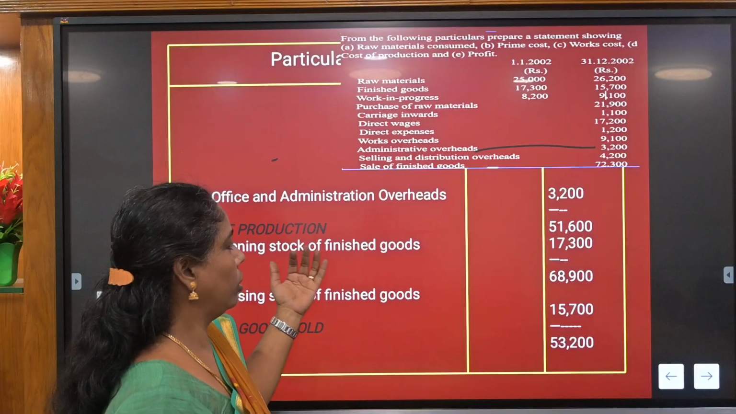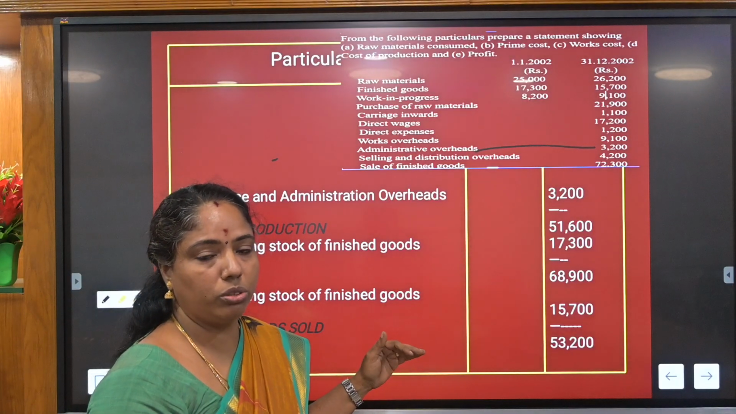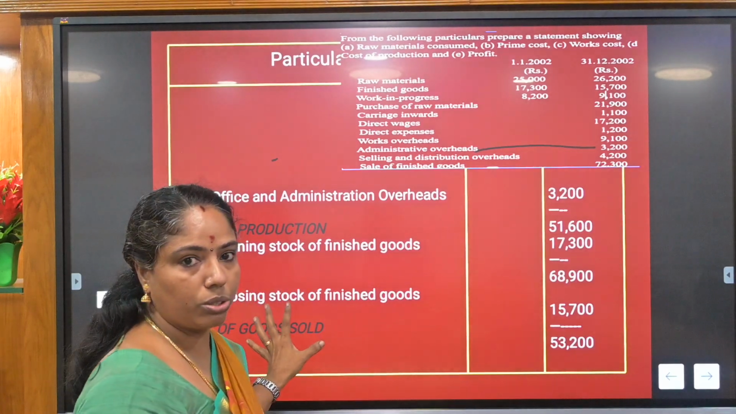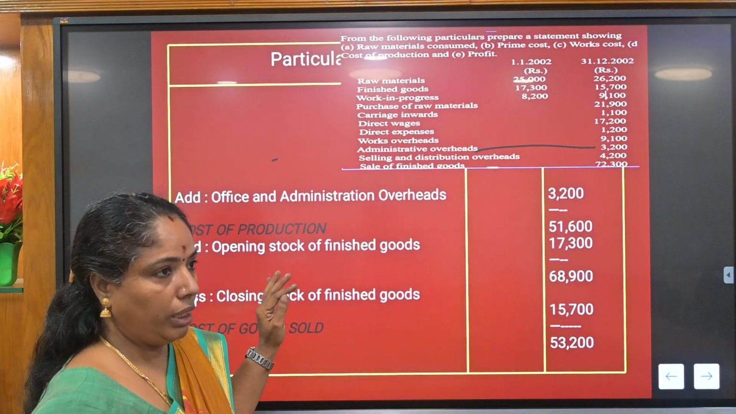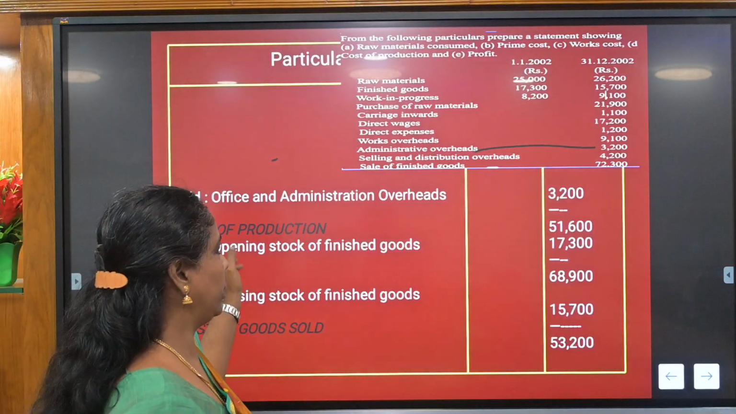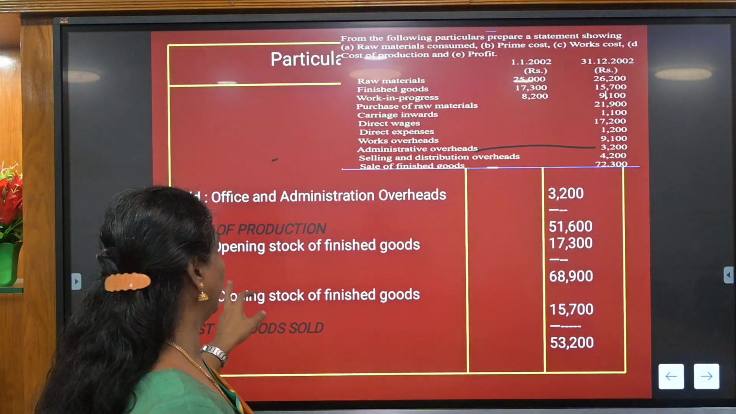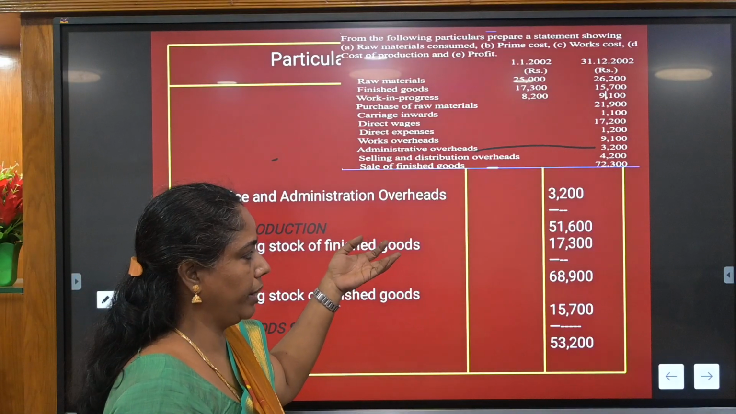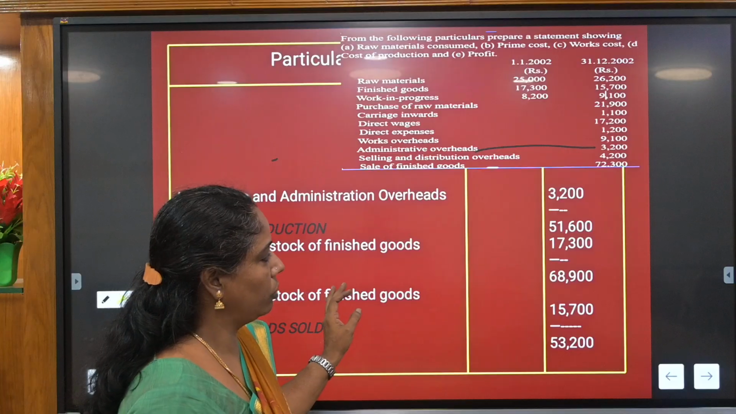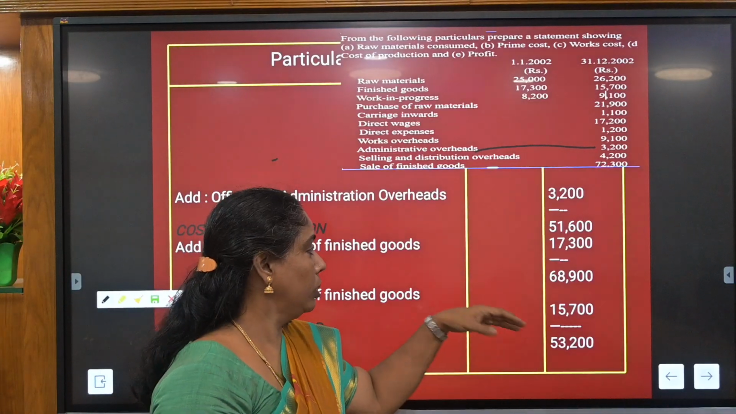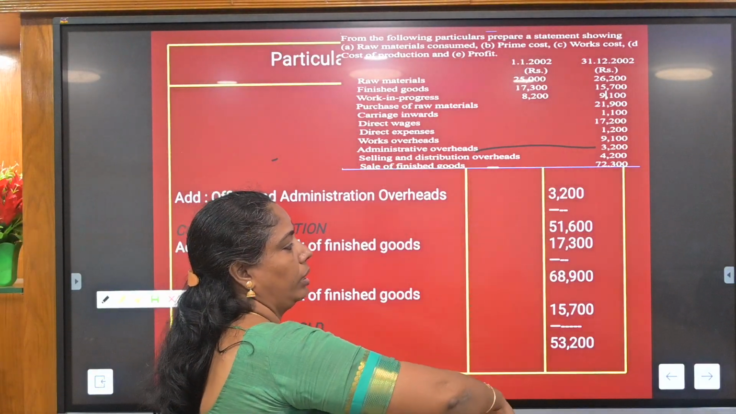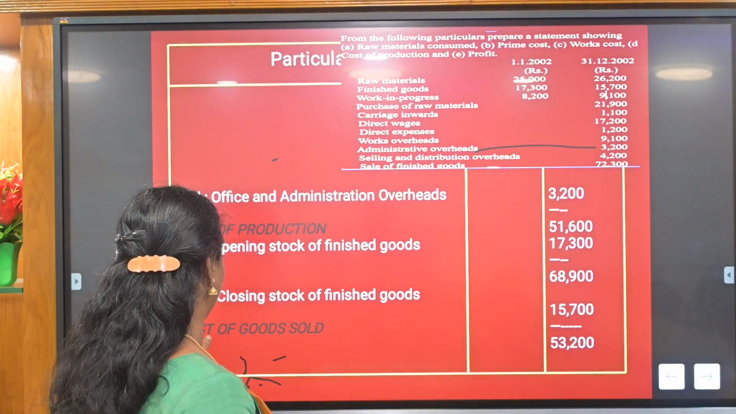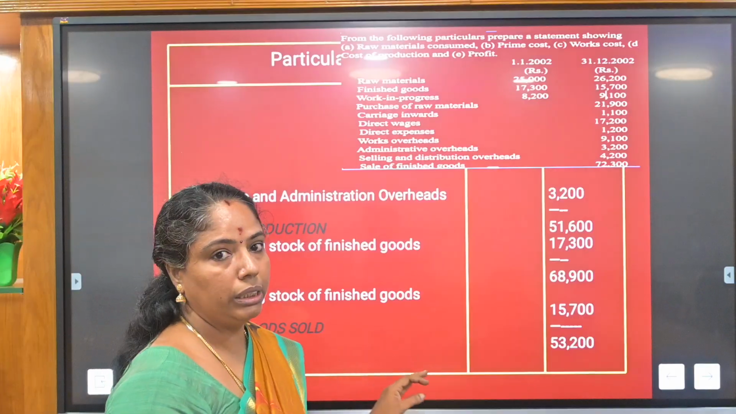If the opening stock of finished goods and closing stock of finished goods are not there in the sum, this answer will be known as cost of sales. If they are there, this answer will be called cost of production. So the opening stock of finished goods should be added to the cost of production, and the closing stock of finished goods we have to subtract from the cost of production. All this calculation should be done in the outer column. So finally we get the cost of goods sold,